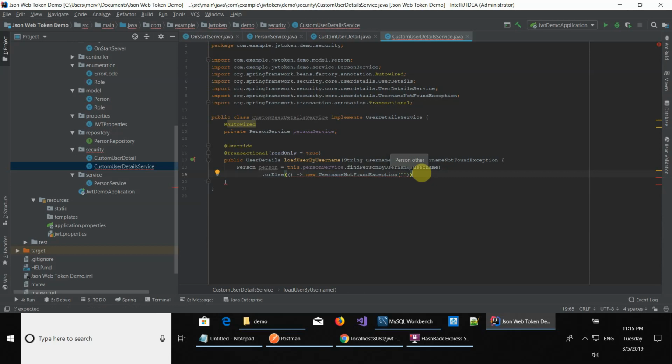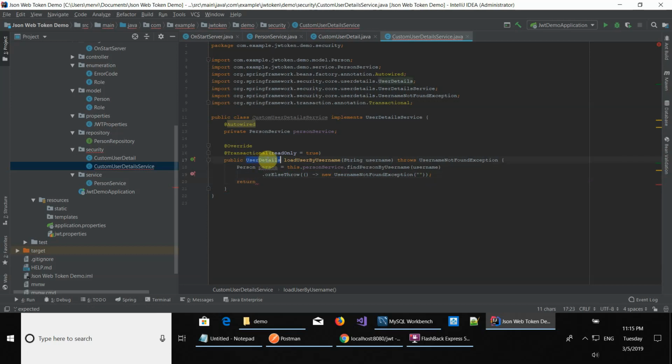It will ignore it and will throw a bad credentials exception when it encounters a username not found exception. Okay, so I made a mistake. It should be orElseThrow, and then